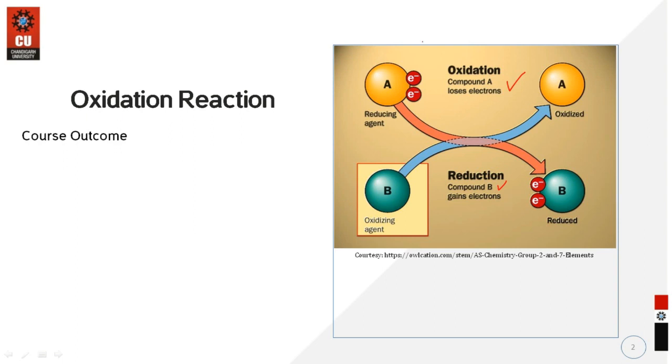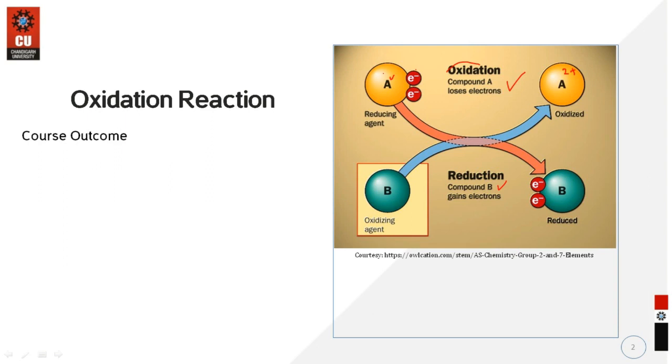For example, what is oxidation? Oxidation means loss of electrons. For example, this is A having electrons; it loses them and becomes 2 positive. So this is our oxidized molecule. When a molecule is going to lose its electrons, there is another molecule that gains electrons, right? In that case we can say a reduction takes place.